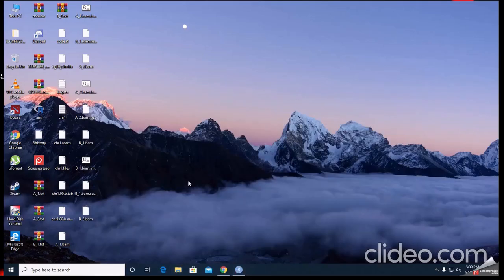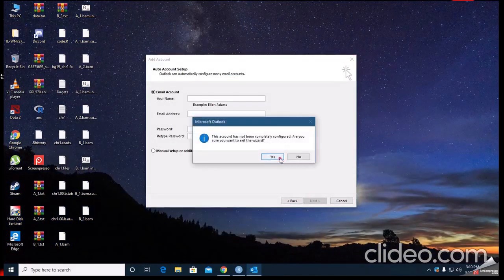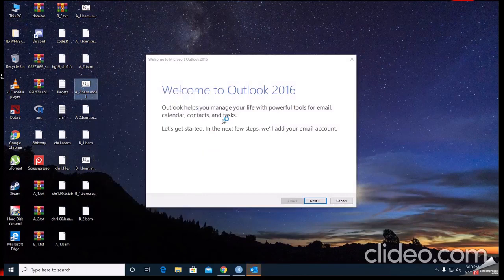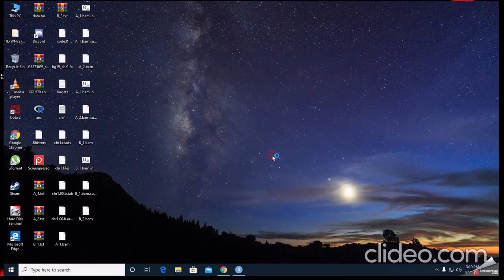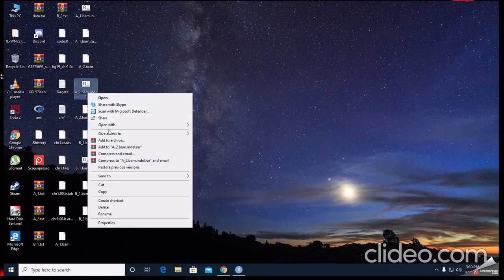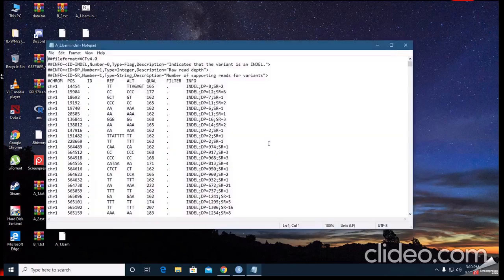Now they start working on B2. See this, I am opening the index file in Notepad.